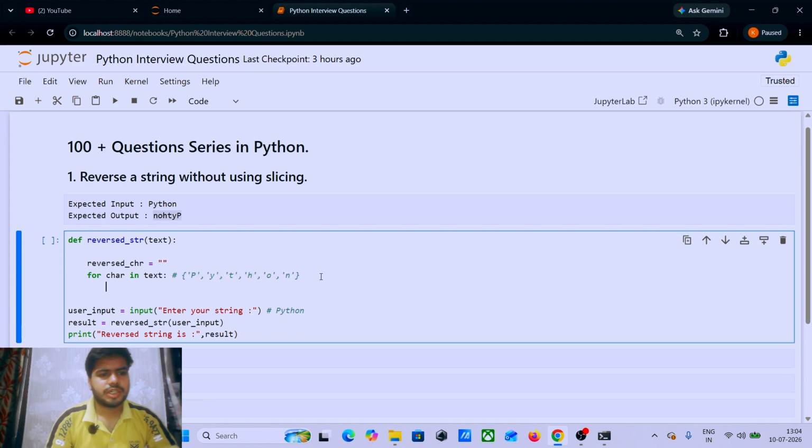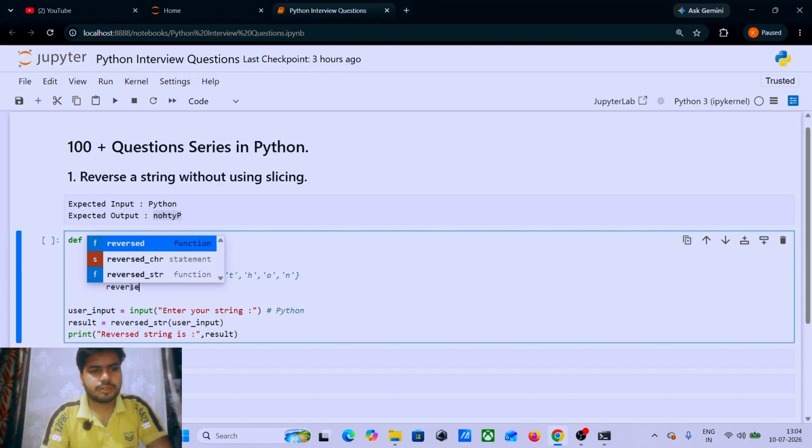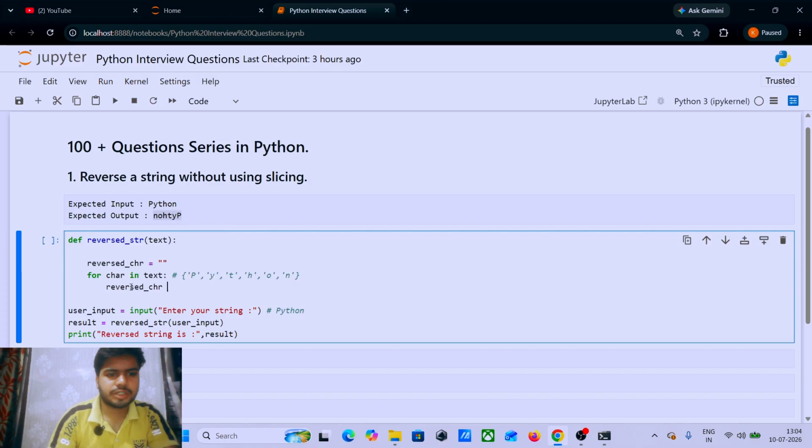Whatever we get, we need to add to this blank string as well. So in the reverse character, firstly the current character comes, and after that, plus the earlier reverse character, the empty one, at the end.